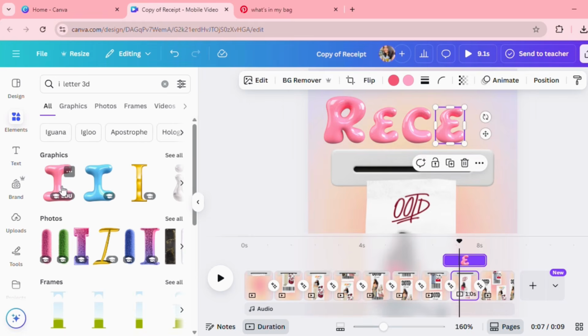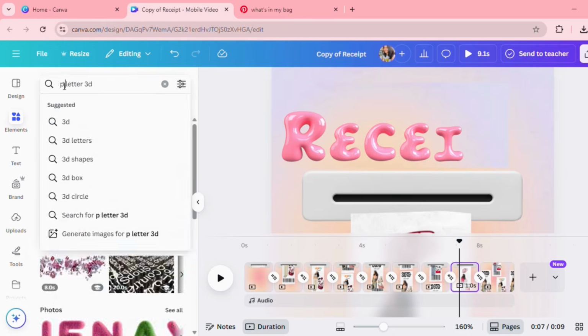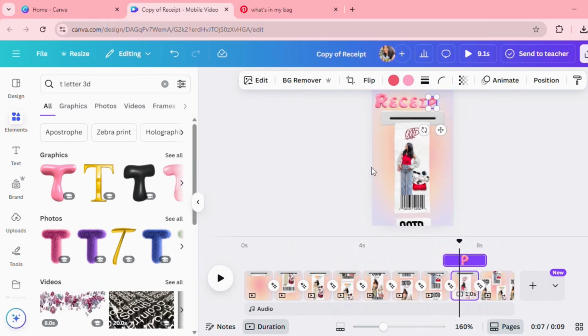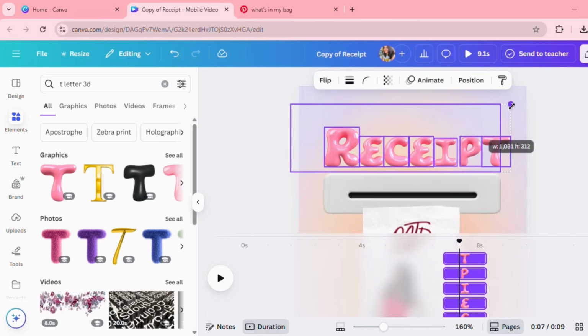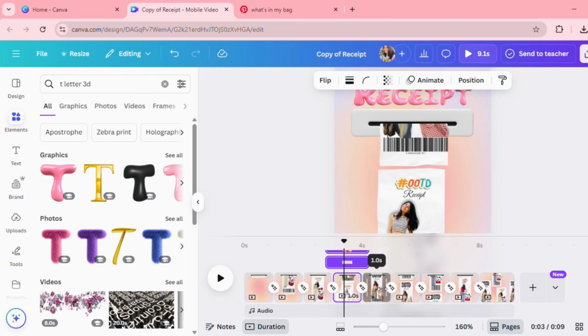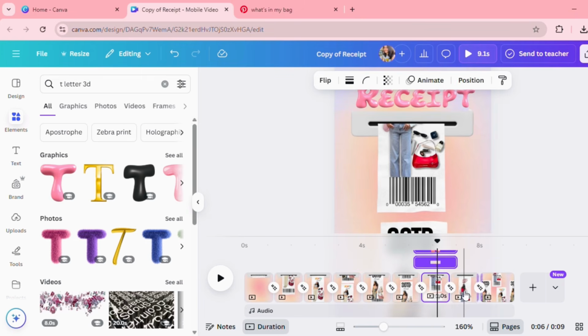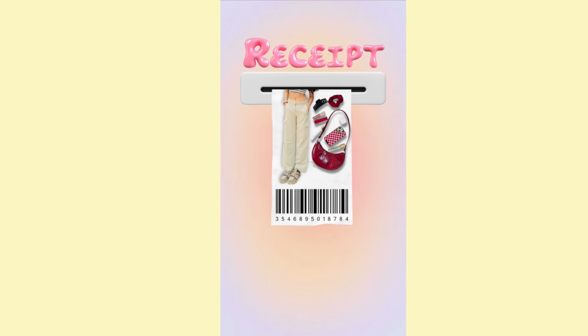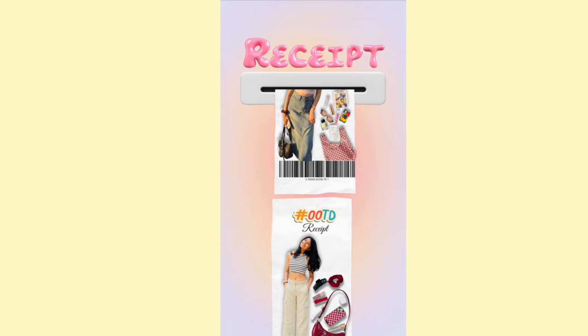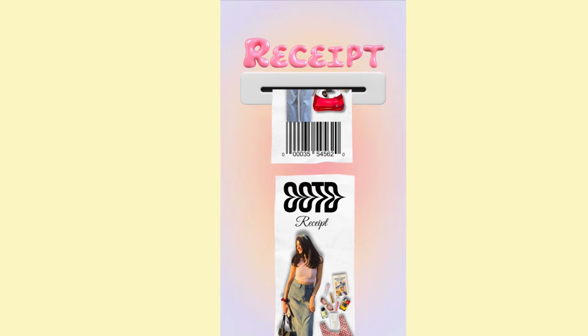But I think if you don't have the paid version, Canva is now showing all these elements for paid versions only. So what you can do to get them for free is head to Pinterest and screenshot the element photo and use the Pinterest search feature to search similar elements and download them, and again remove their background and use them on your images to create a funky 3D effect of text.